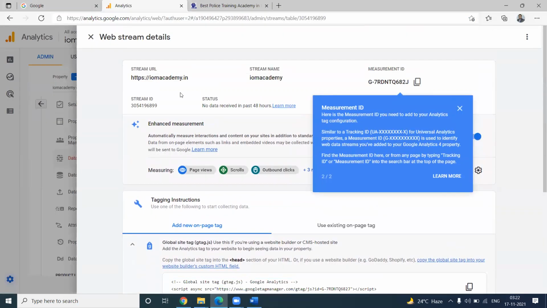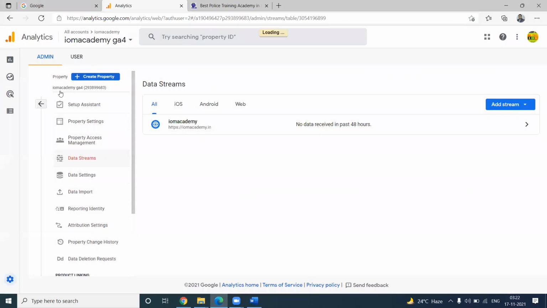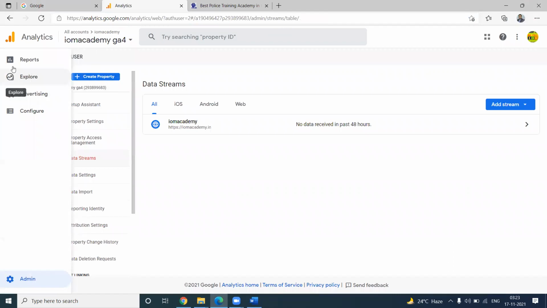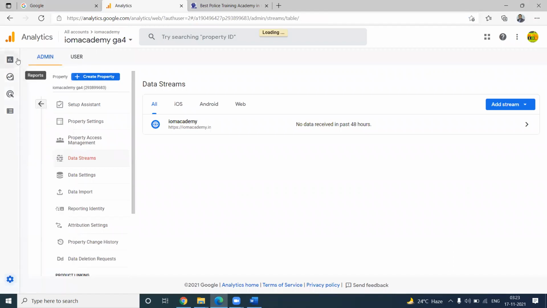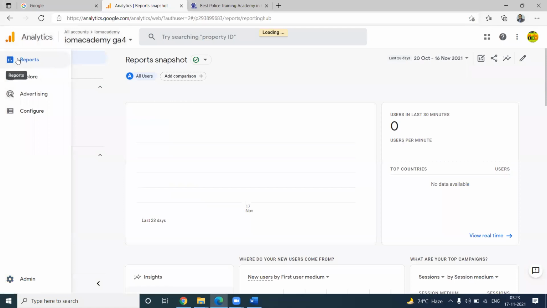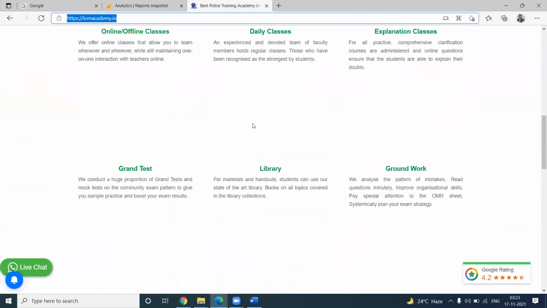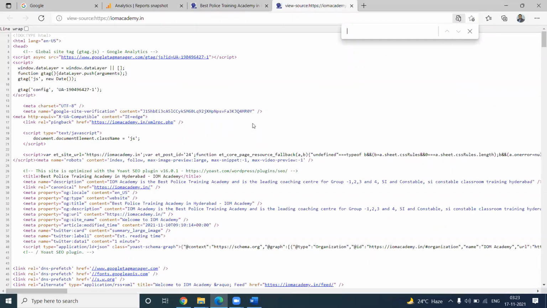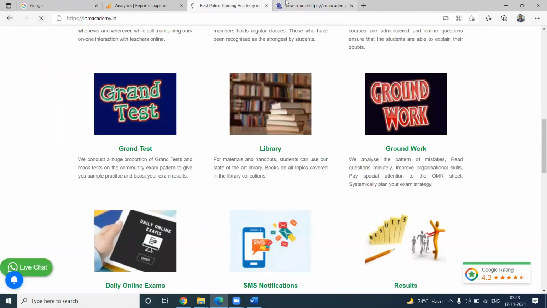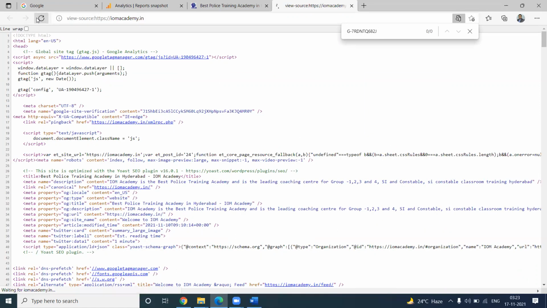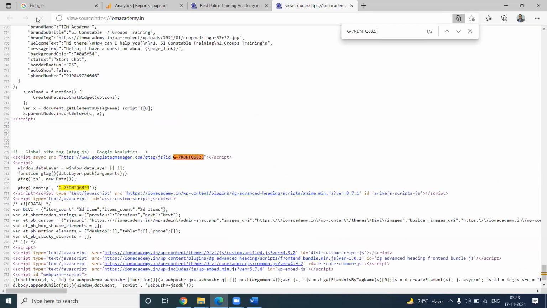So check this option, close, report. A complete GA4 will be different. Here, Control U, Control F, Control U. You can check it out. Refresh. Refresh. The code will be properly inside your particular website.